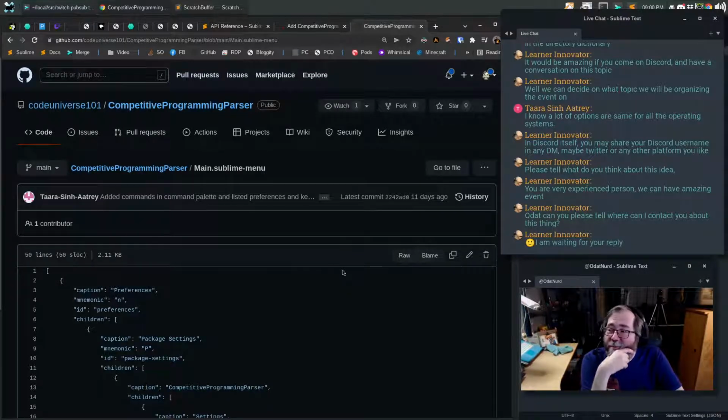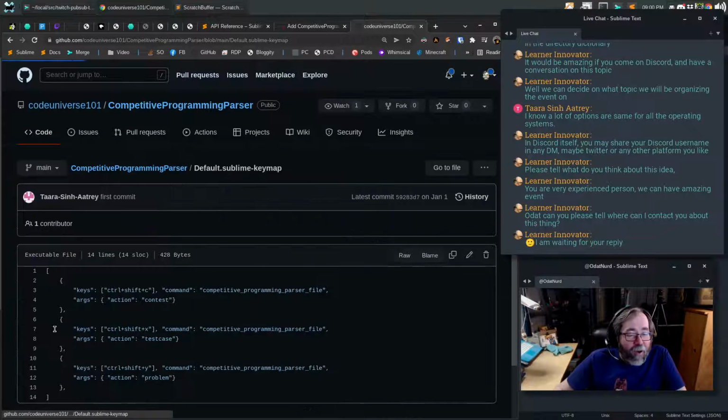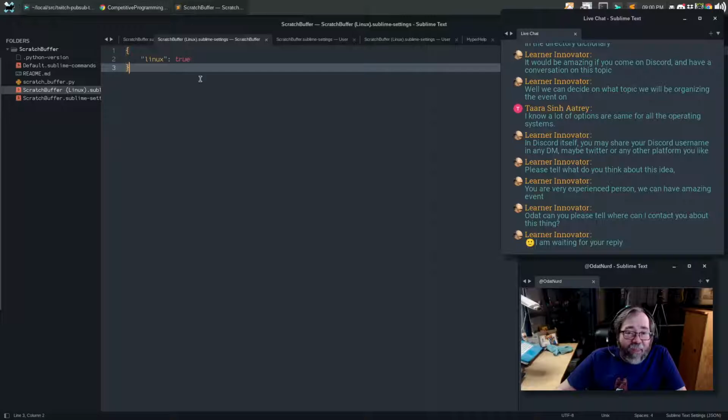So yeah, but I don't think any of the things that we talked about here are the things that they're unhappy with. My guess would be, if they're going to be unhappy about anything, they're going to be unhappy about your key map forcing default key bindings. Other ways to do stuff like that,